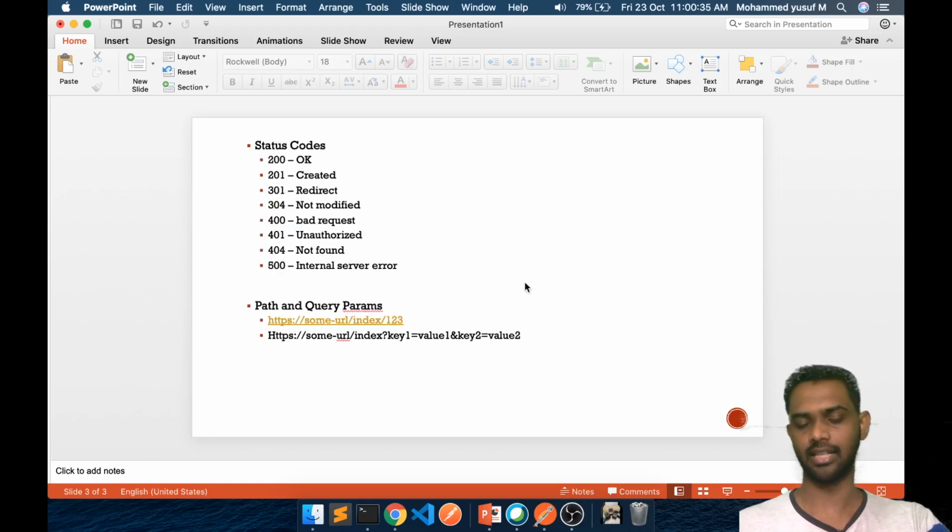The next thing is about the status code. Status code is very important. When we deal with an API, we should try to understand the request and response based on the status code itself. If everything is okay and we get the response properly, then we get a 200 response. Normally it is referred to as 200 OK. In case the server is creating something, for example a new addition of data, then we'll use a POST request. If the server has created something based on our API request, then we'll get 201 for created. And sometimes we will request one URL, but that URL might have been changed.